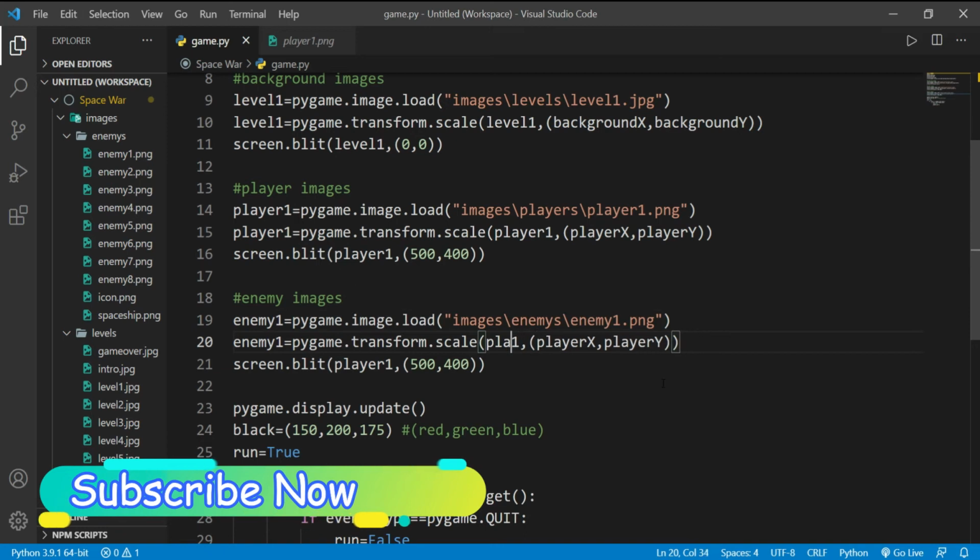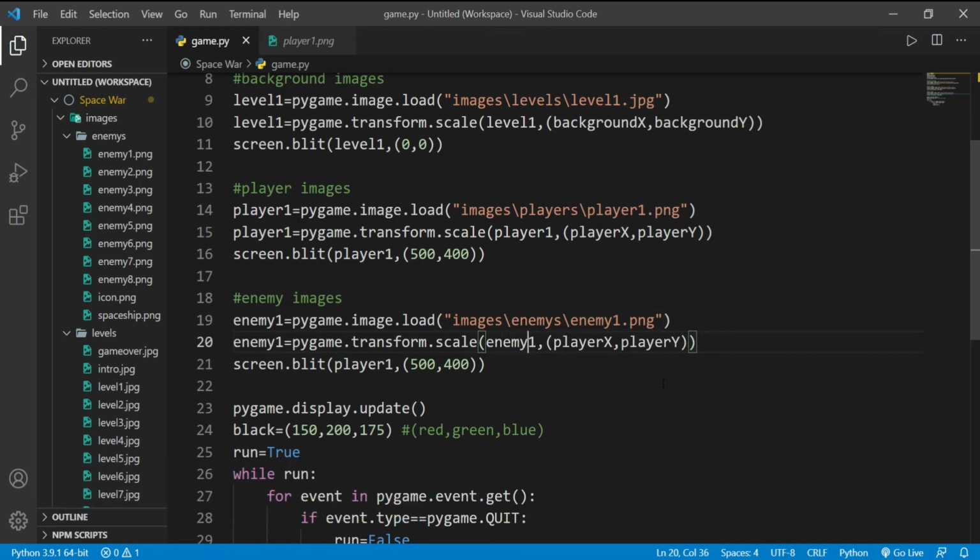And here again also in its transformation enemy1. And I don't want enemy size same as that of our player size, so I am just removing this and writing it as enemy x comma enemy y. And here again I will write enemy1, so it will be enemy1 in my screen.